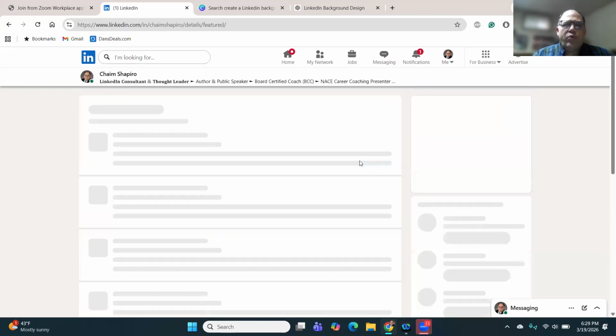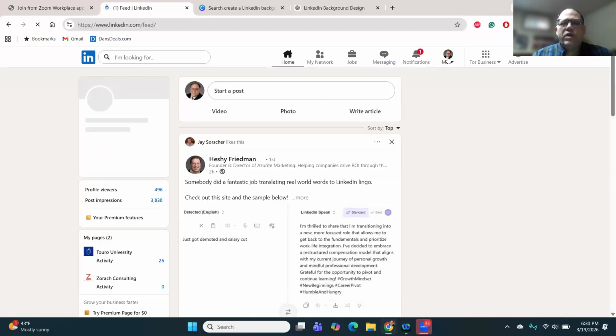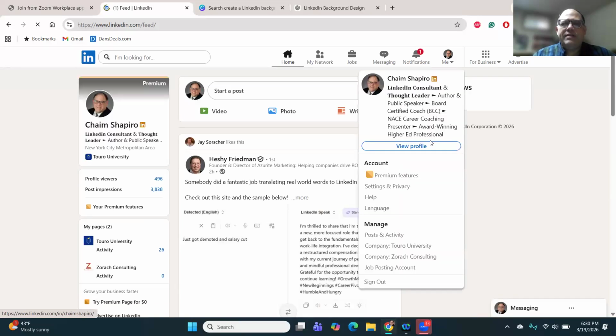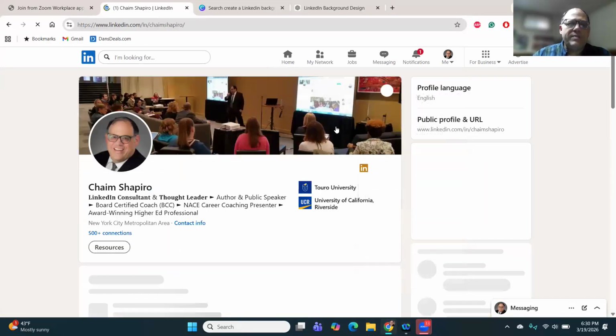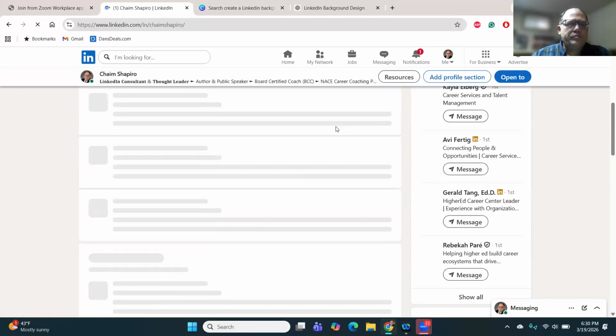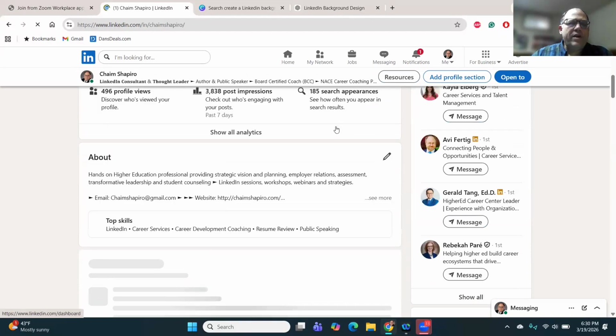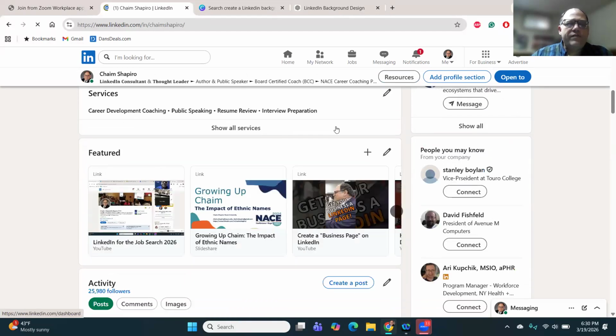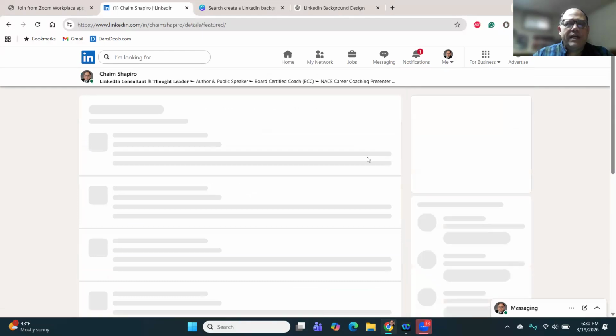But you want to make sure your most important things are first, second, third, because very few folks are going to be scrolling down. But you can include a document which would include your resume, and people can actually see it and then download it onto their computer. Let me try to go back to that because my computer just died on me for a second there. If I go back to the featured section, I'll show you how to put the resume in there. But this could be presentations you gave, PowerPoints. It could be testimonials from folks about things that you've done. Those are all things that you can include in that section.